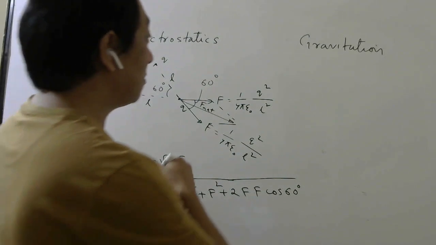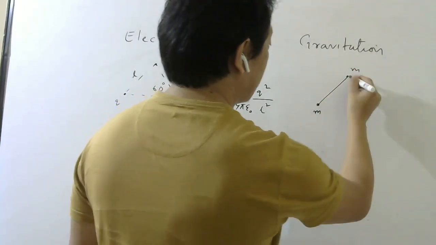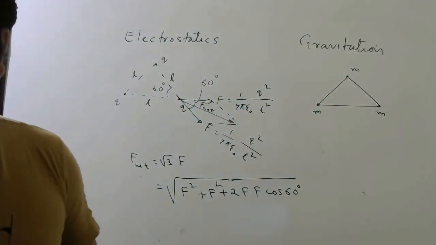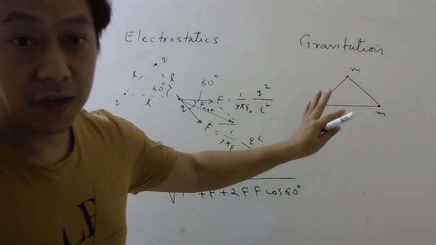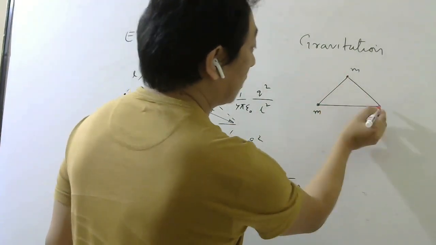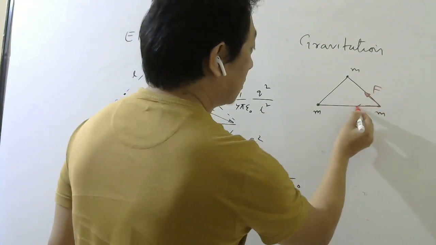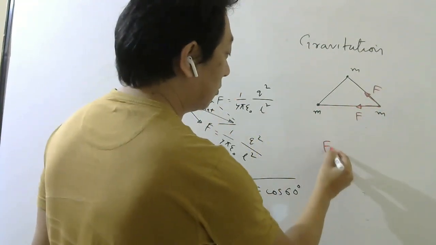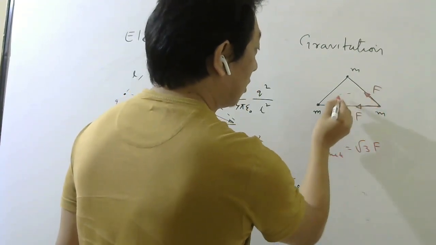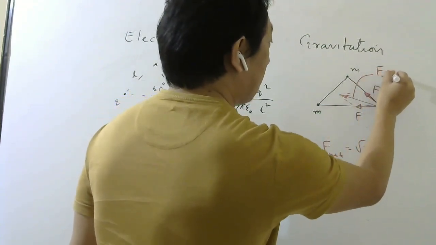So that is how we find the resultant force on one charge when there are multiple charges by using the superposition principle. Similarly, let us say you have one particle here of mass m, and here one particle of mass m. The only difference is, remember, gravitational force is always attractive. So the net force on this will be attracted to this with some force F. This will be attracted to this with some force F. So the resultant force will be the same only, root 3 F. But direction-wise it will not be the same. It will be this side. So that will be your net force.